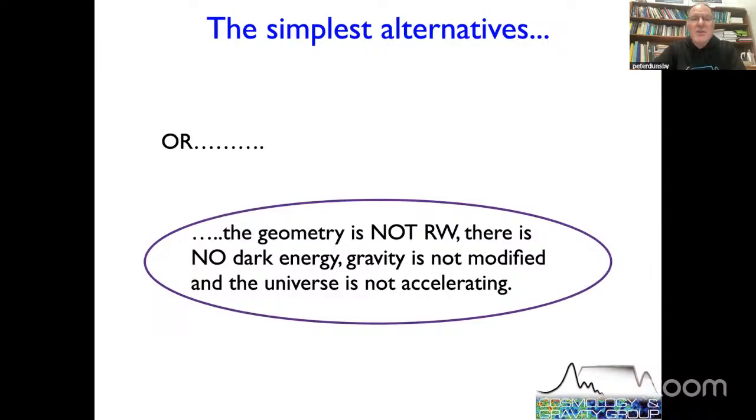The other alternative is that you throw away the Robertson-Walker geometry, and you replace it with, for example, an inhomogeneous metric or some kind of back reaction, nonlinear effect, which gives rise to an effect, well,